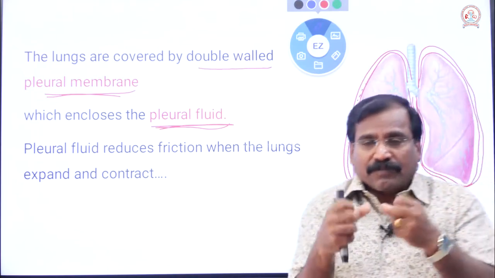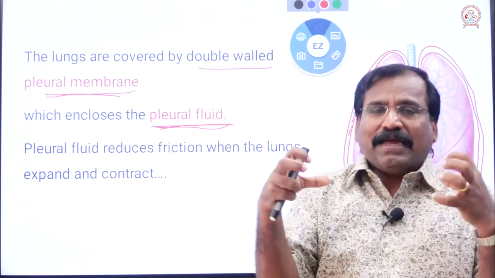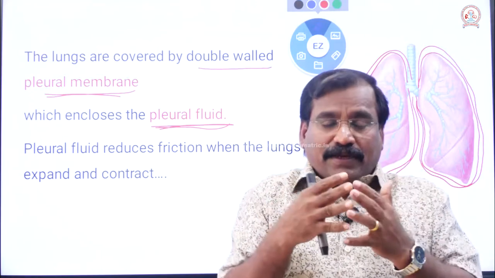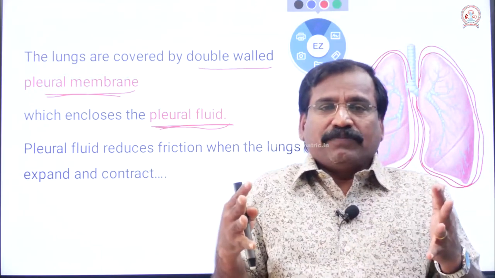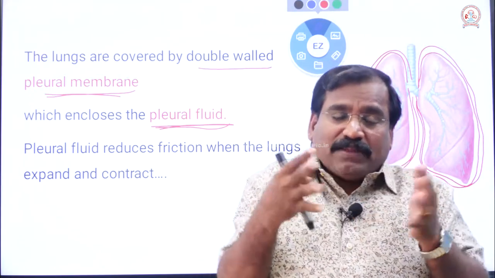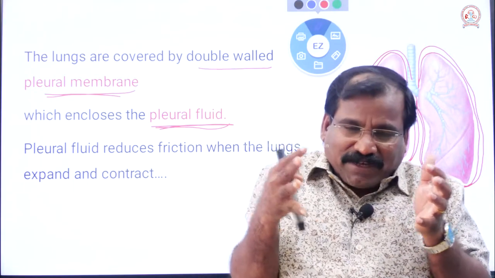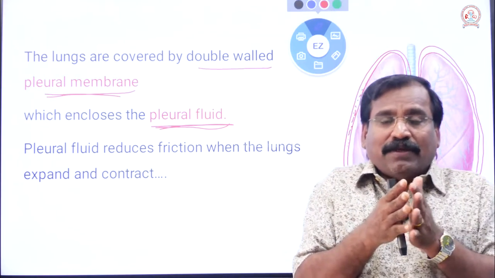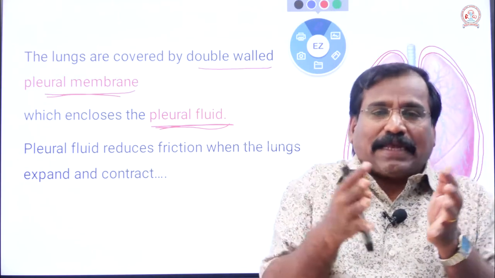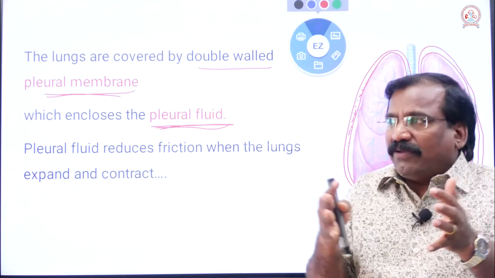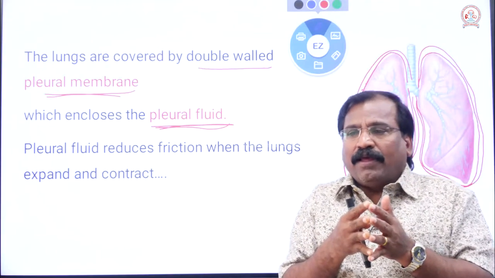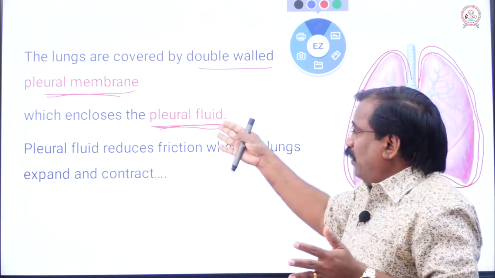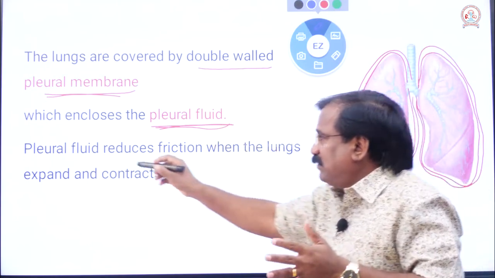You know that the lungs contract and relax. When we breathe in, the lungs relax and expand. When we breathe out, because of the contraction, we are breathing out. So during breathing in and out, the lungs enlarge, relax and contract. At that time, the pleural fluid reduces the